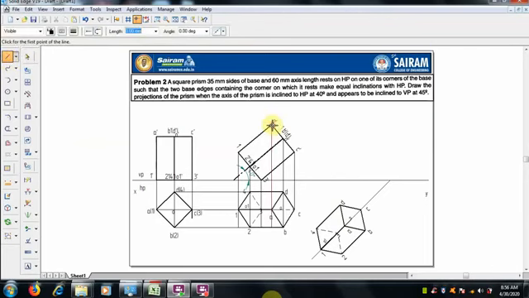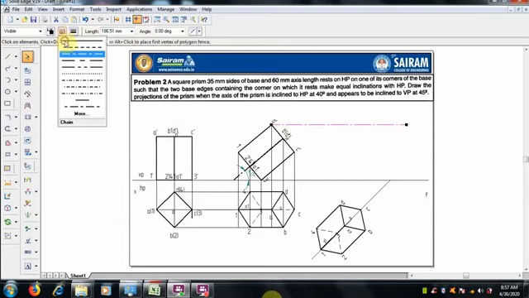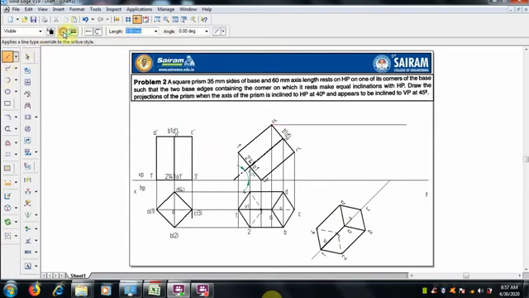Now we have to draw the top view after this inclination by projecting lines from the second position. Select thin lines, 0.13 mm line thickness. Draw the projector lines. 1 and C overlapping, 2, 4, 3. Now from the front view we have to project it.